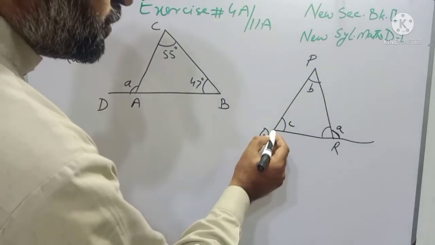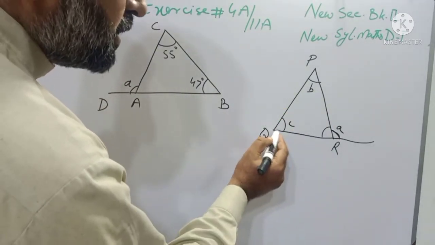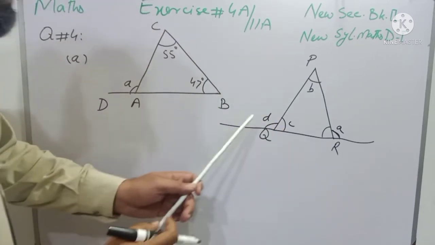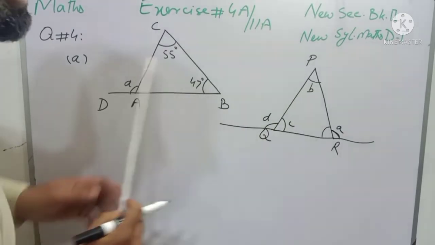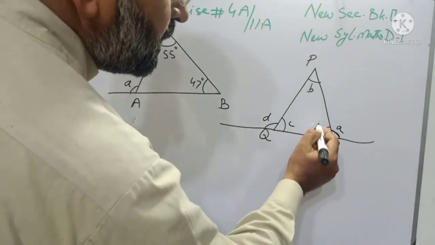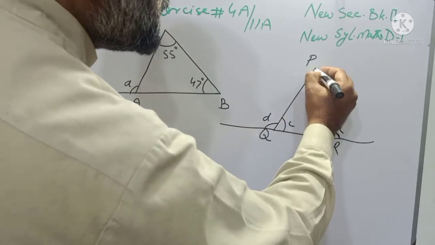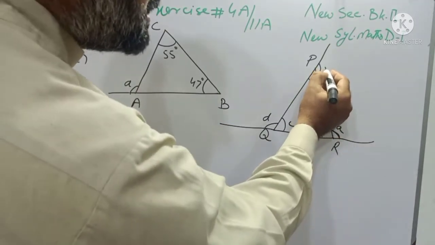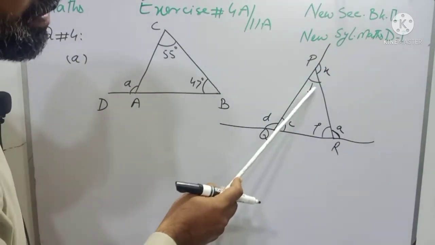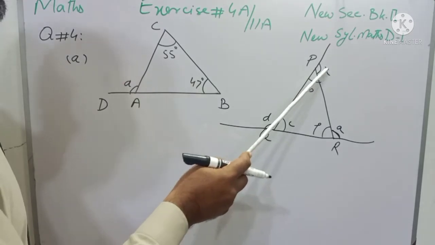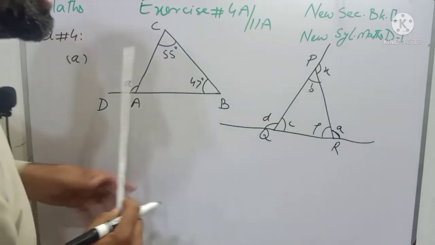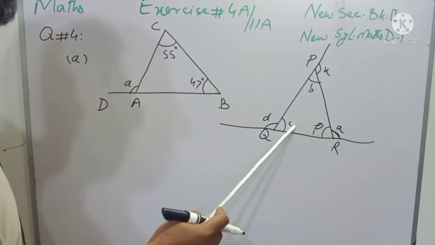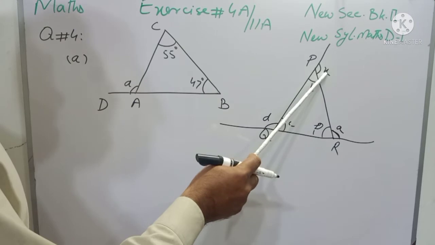And students, if I produce this side, this angle is called angle D, and then angle D is equal to the sum of opposite interior angles B plus P. And students, if I produce this side, this angle is an exterior angle and we can name it as angle X, and this angle B is the adjacent interior angle of the exterior angle, and P and C, these two angles are opposite interior angles, and the sum of opposite interior angles is equal to the exterior angle.